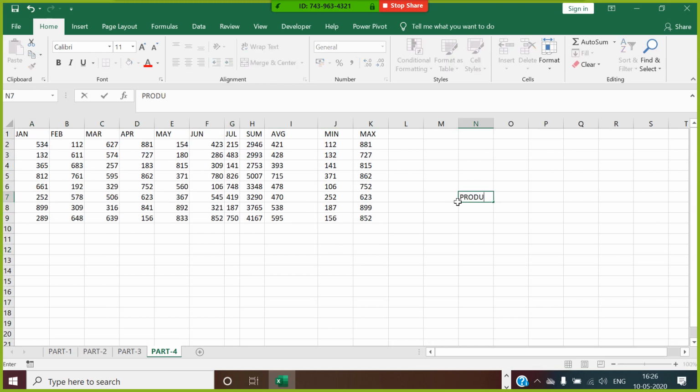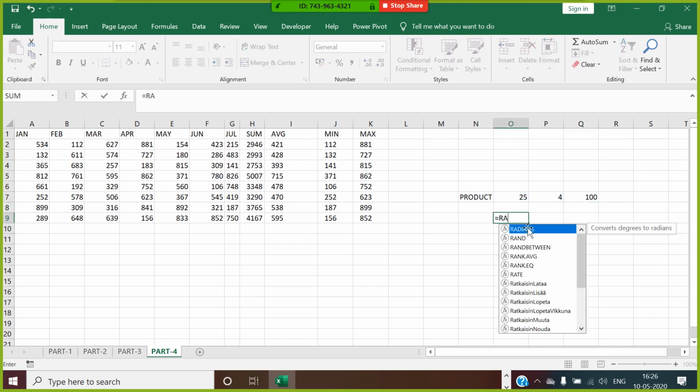Okay. Now, what is called product? So when you say 25 and 4, you write product. So product of these two is going to give you 100, which is multiplication.